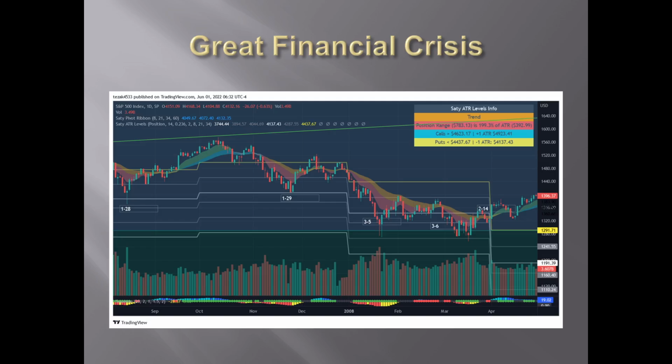Okay, so like I said earlier, the next time up is the Great Financial Crisis, and interestingly, this one has actually less interactions than the .com bust. Kind of just was more straight down, as opposed to having a lot of bumps and dips that the .com bust did. So it's kind of starting here, end of 2007, you get this pretty decent move here, bumps into this, gets back up here. So 2007,